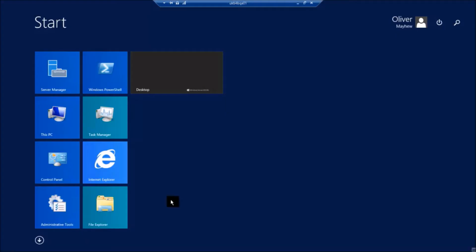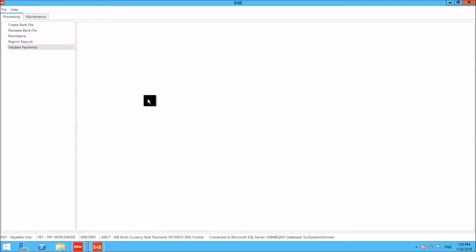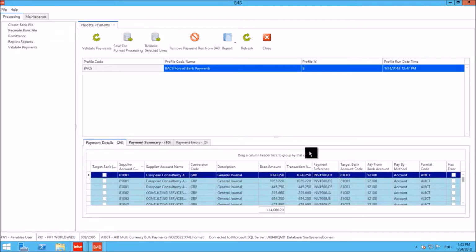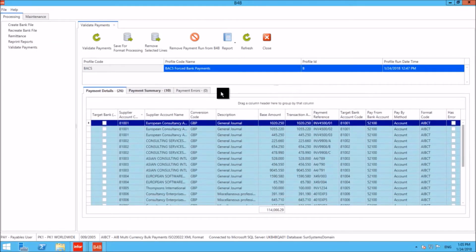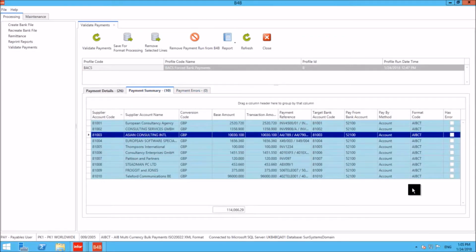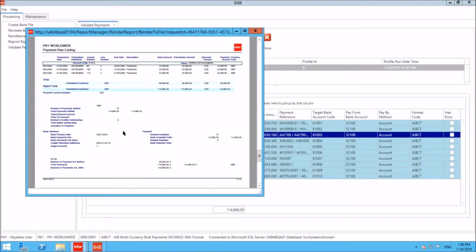Okay, so let's log back in as our payables user, and we can now validate that batch of payments again. So I'm going to click on my BACS profile, and now we can see here that no errors were encountered. So there's nothing on the payment errors and nothing highlighted as being a problem. And we can see down here that B4B is going to process 10 payments by account, by creditor, and the total amount here is 114,000, which of course should match back to what we originally posted within our payment run